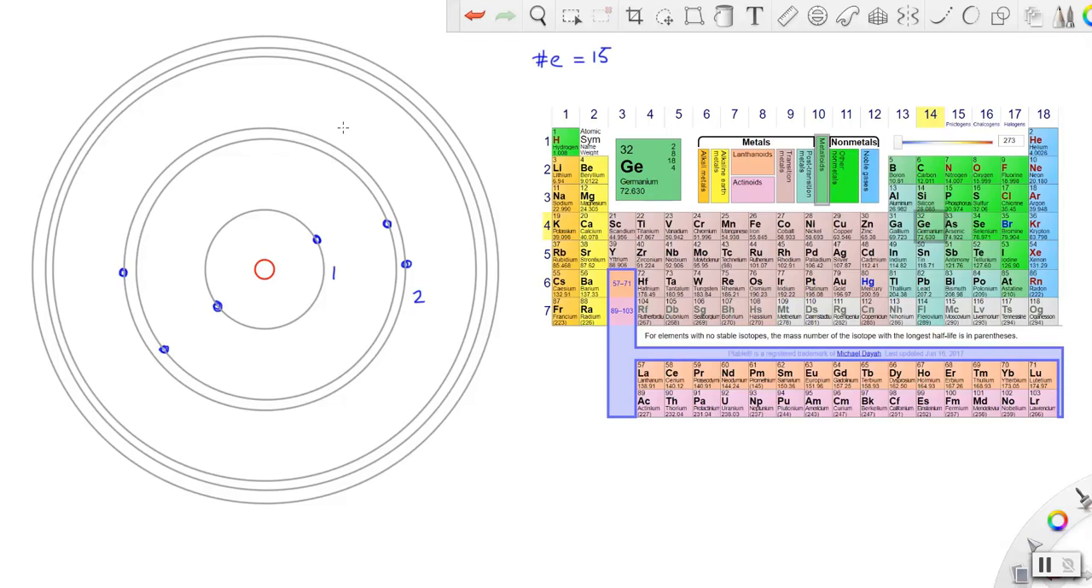For nitrogen, well, we need to put a 3rd one. Oxygen, fluorine, and neon. So this final one. Now what happens is that we have completely filled our n equals 2 level, and this is actually